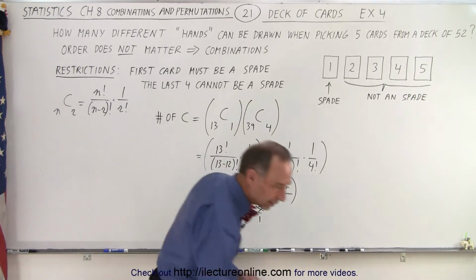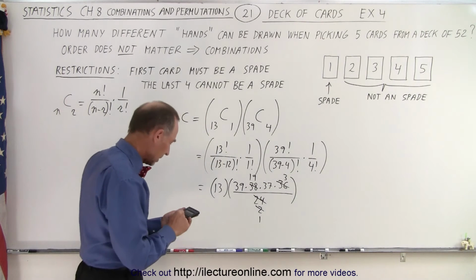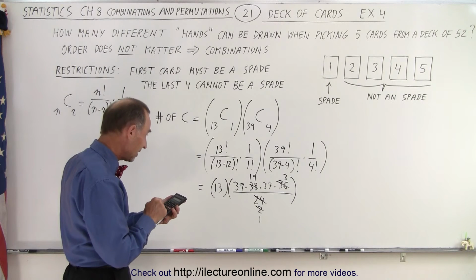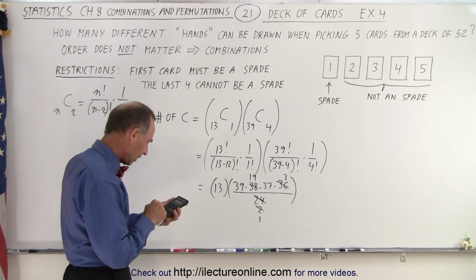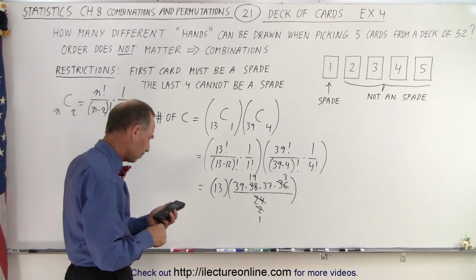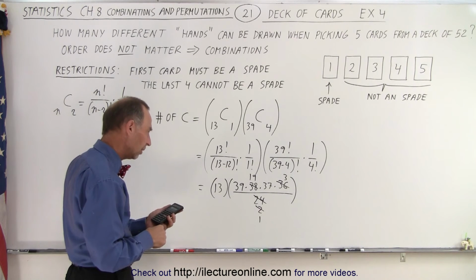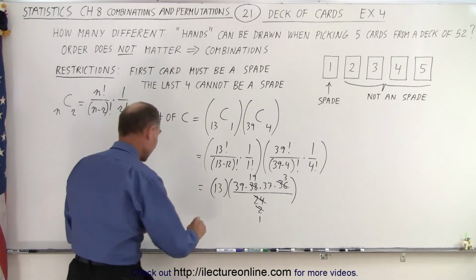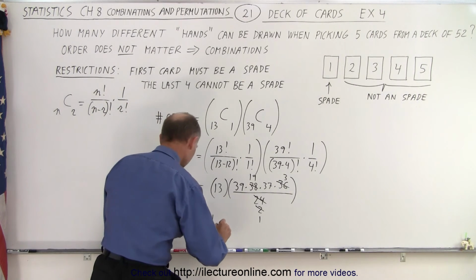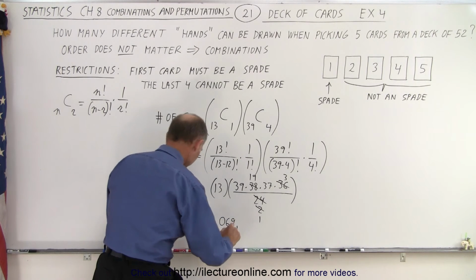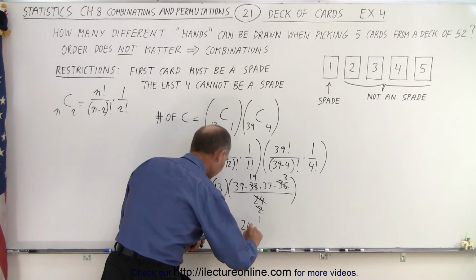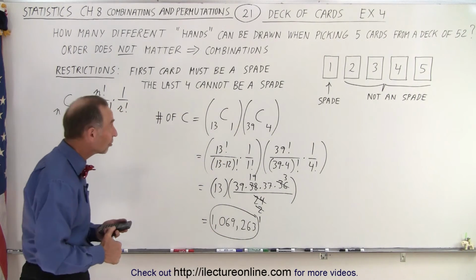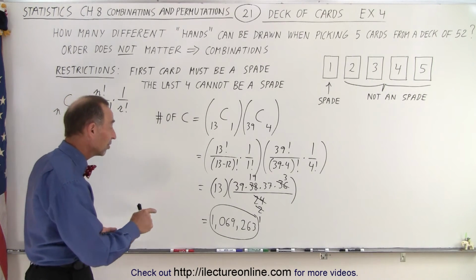And now with a calculator, we can figure out the remaining product of 13 times 39 times 19 times 37 times 3 equals, and now, wow, that's a number bigger than I thought it would be. Oh, now we're back over 1 million different combinations. So this is equal to 1,069,263. So strangely enough, when the restrictions changed and now the first card must be a spade, there's indeed 13